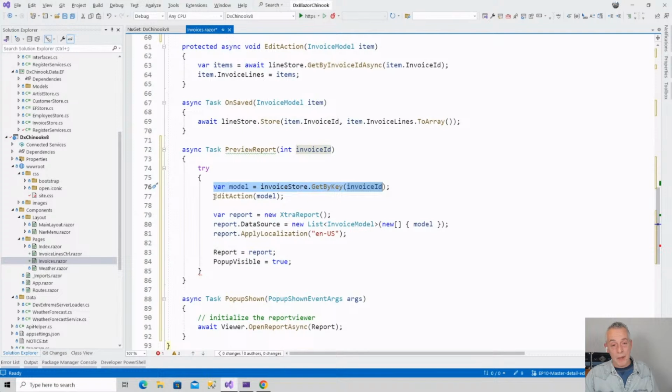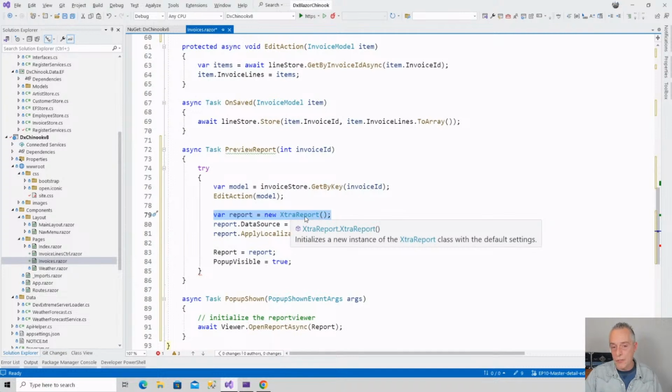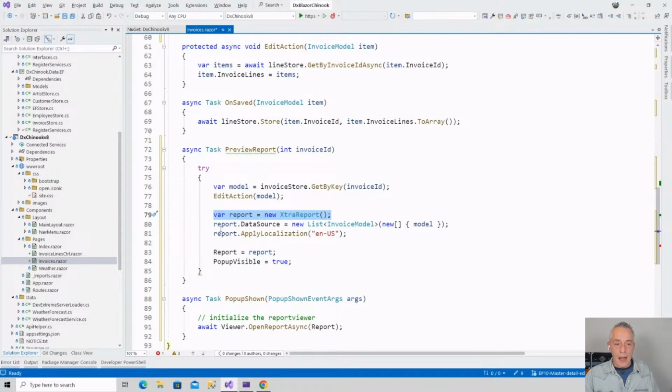And I'm gonna initialize a new report. We're gonna change this because this is gonna be like our own report, which I will set up any minute. And then we'll bind some data to it. We'll set the localization because you guys are not on the metric system, so you want to have like,